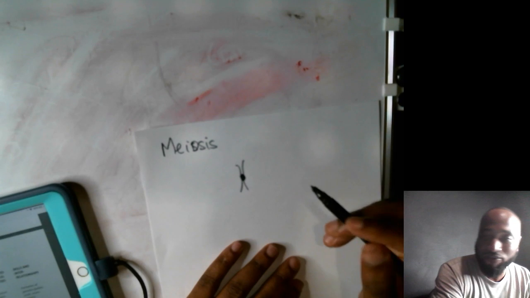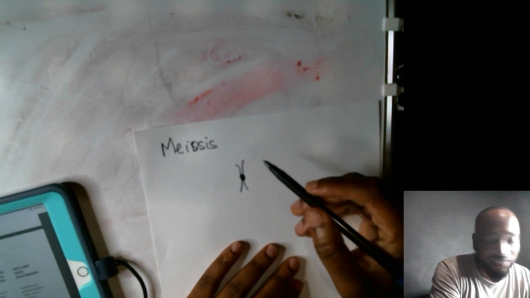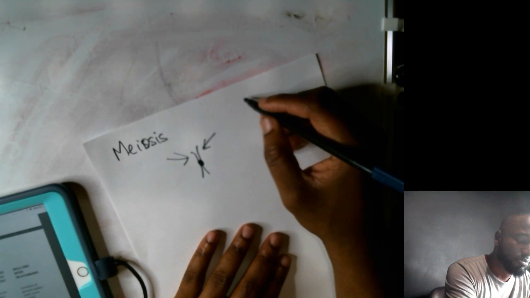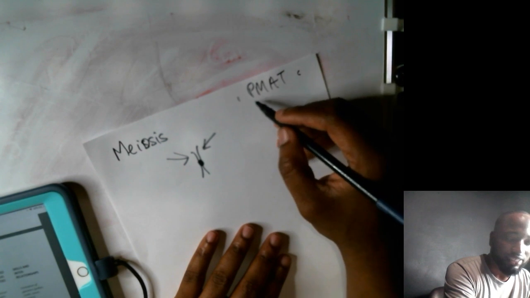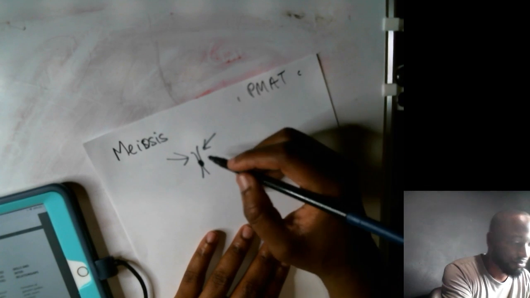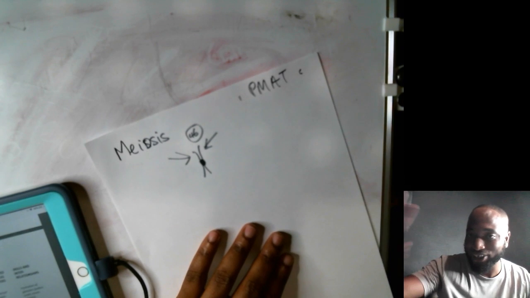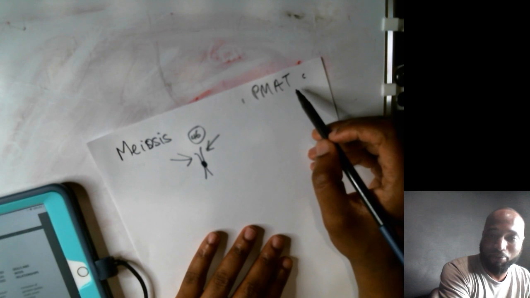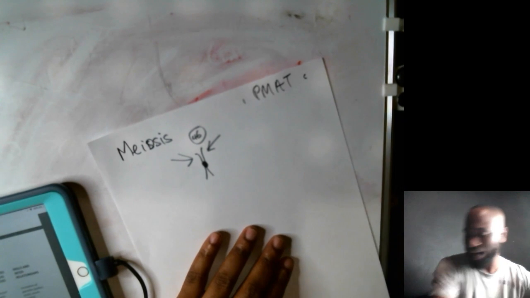What will happen? Remember, you have 46 chromosomes. They duplicate themselves just like that in the interphase. And in meiosis you still have the IPMAT stages, but the only thing is you have it double up. I meant 46. You still have this, except you'll have 1 and then you'll have 2.